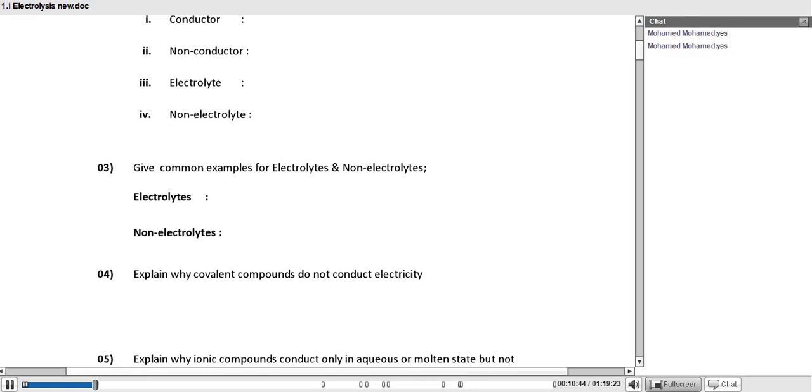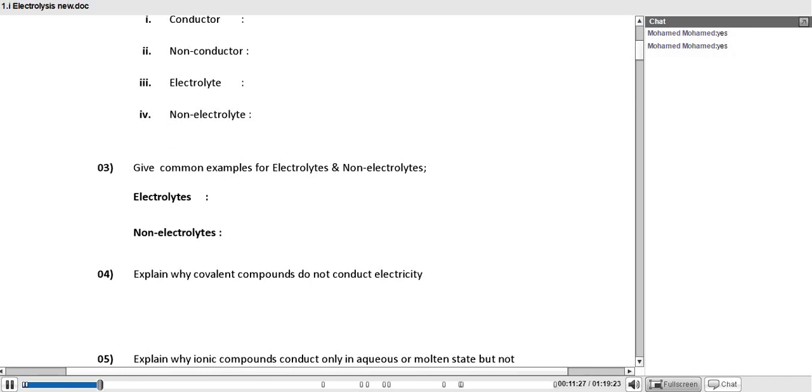There are so many common examples for electrolytes. You can say any ionic substance in aqueous or in molten state. Any ionic compound in solid state won't be an electrolyte, because in solid state the ions are in fixed positions. They are unable to move. But in aqueous state, meaning dissolved in water, or molten state, meaning heated and melted, they conduct electricity, because there are free mobile ions to carry electric current, right? So all ionic compounds in aqueous or molten state conduct, and acids and alkalis do conduct electricity, because